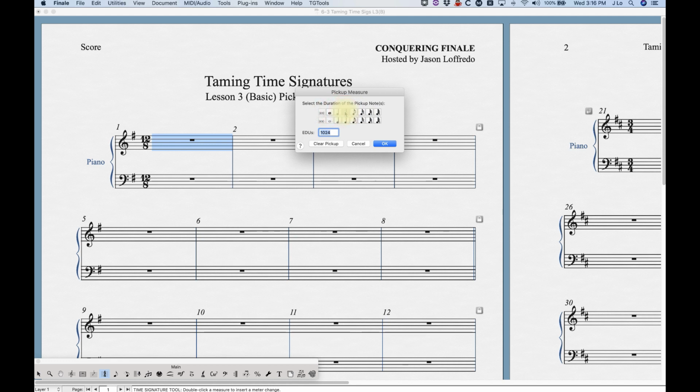Right. So that's just the generally agreed upon MIDI value of durations. So in order to get a 5/8 note pickup, we just have to do some math. So we know that the eighth note EDU value is 512. So if we want 5 of them, we just multiply by 5, and I've done that math already, and it